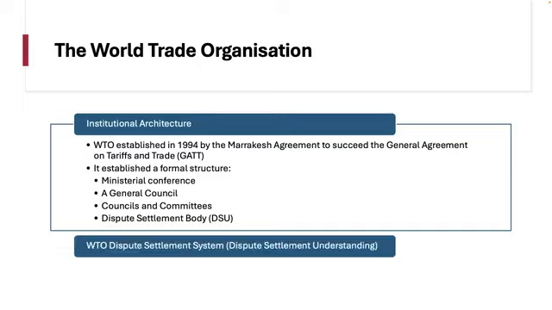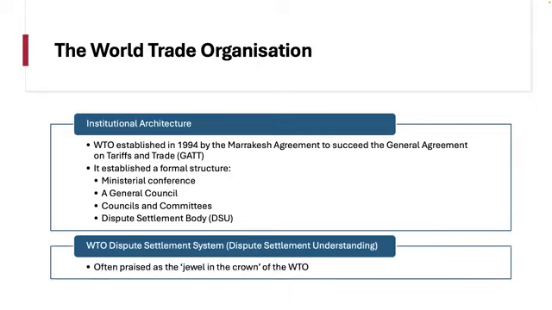And so from this perspective then, with an institutional architecture and what is sometimes praised as, or at least used to be praised as, the jewel in the crown of the WTO, we have a dispute settlement system. We have a method and a mechanism for adjudication. And so fundamentally, we can think about how this might show and exhibit examples of micro-constitutionalism. The WTO dispute settlement system is often praised for being one of the most advanced in international law.